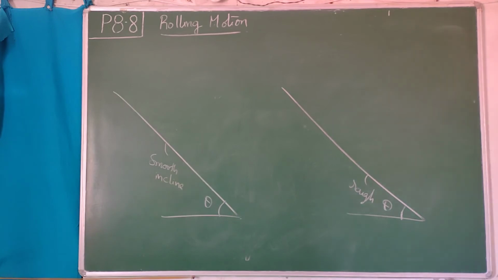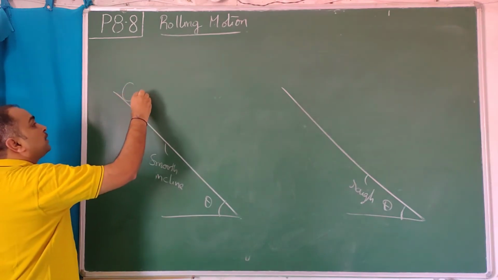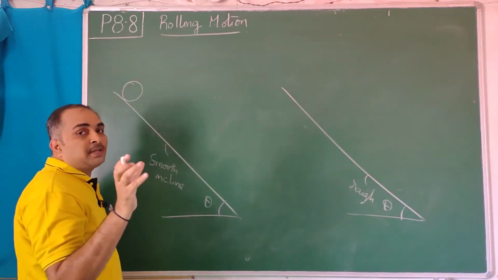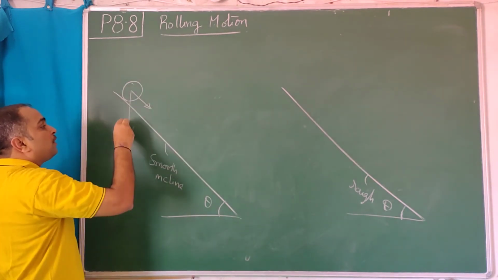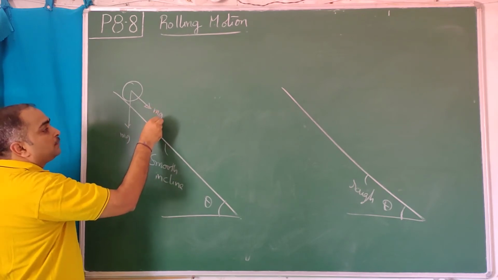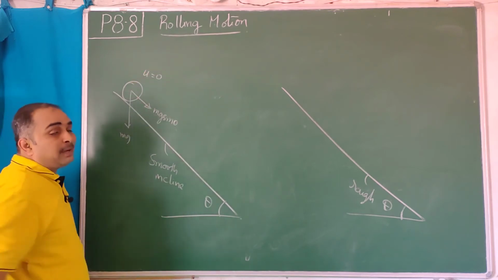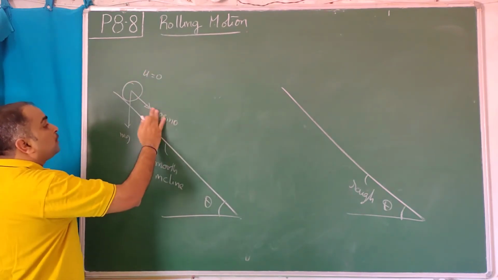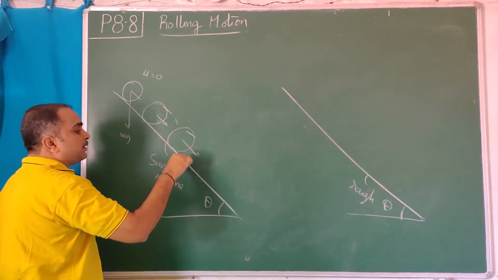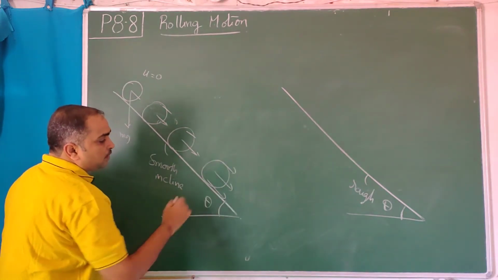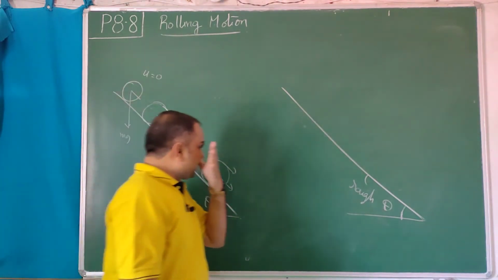Yes, students, please concentrate. There is a smooth incline and a rough incline of the same inclination, and you have one object which is capable of rolling. Means I am not keeping a cubical object, I am keeping a round object. So what happens? g sin theta will act like this. mg will have a component, and mg sin theta is the net downward force which will make it accelerate. So even though its initial velocity is 0, it will not maintain it at 0. It picks up some velocity. Not only this point, every point gains the same velocity. So velocities will increase, but it only slides. It will not roll.